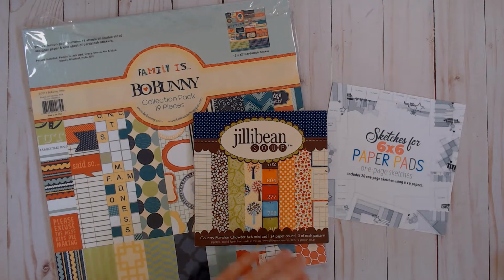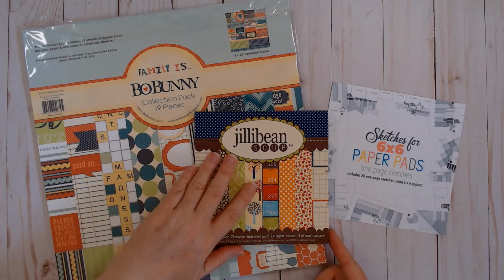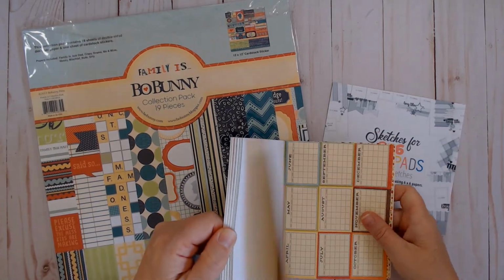Okay, so today I'm going to be working with this 6x6 paper pad by Jilly Bean Soup. It's called Country Pumpkin Chowder 6x6 mini pad. And it is kind of like a kitchen-y theme, I guess. Flowers, calendar,